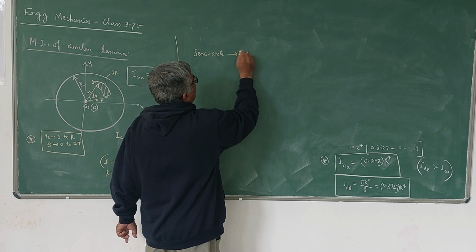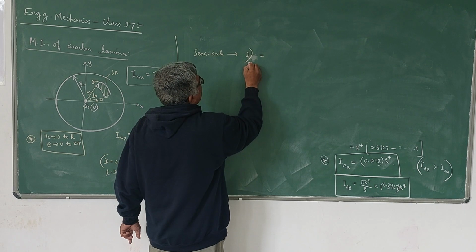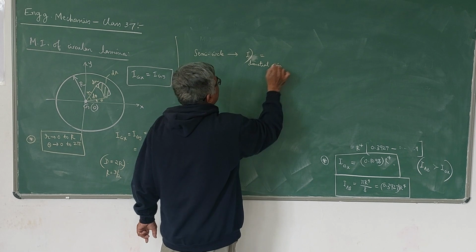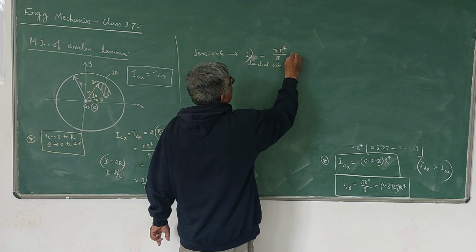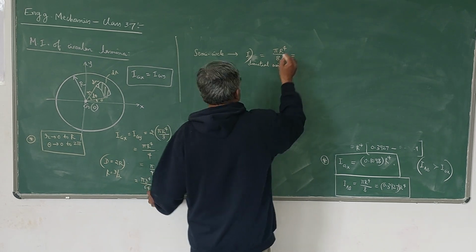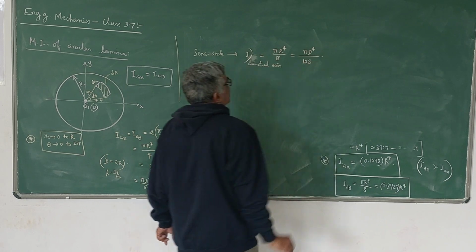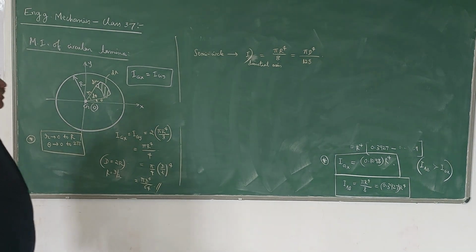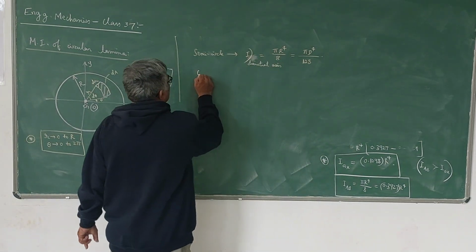So I about the diametral axis, I will write here I diametral axis. It can be anything, AB or whatever it is. For a semicircle, it is pi r power 4 by 8, or if you put r is equal to d by 2, it becomes pi d power 4 by 128. For circle,